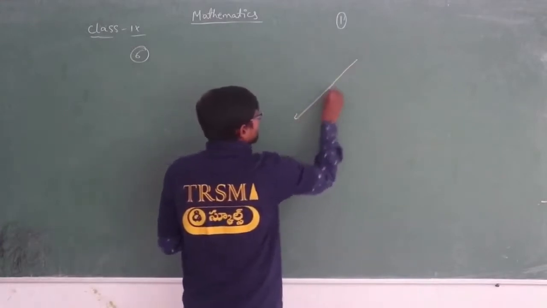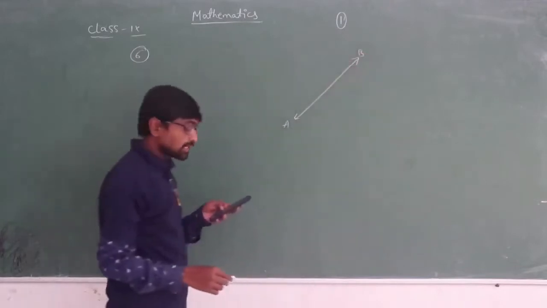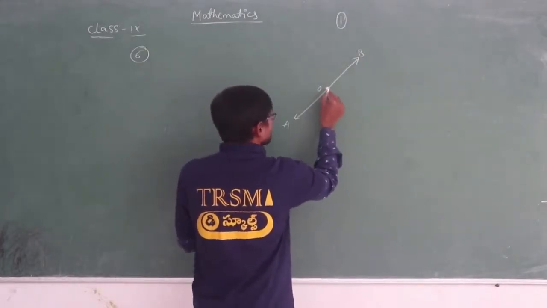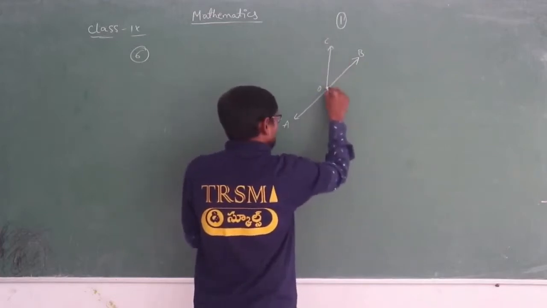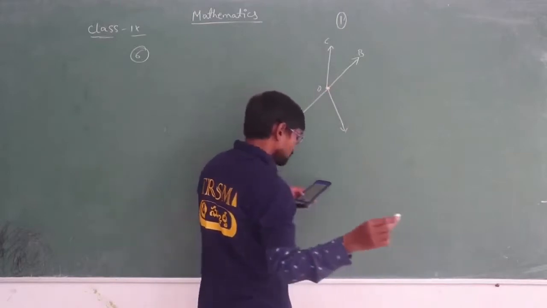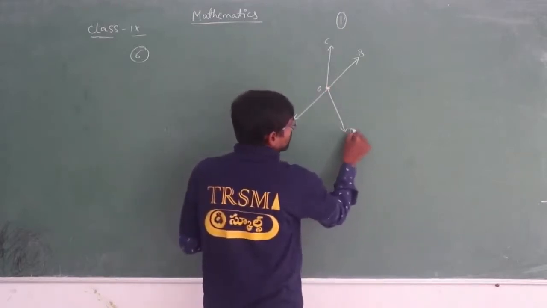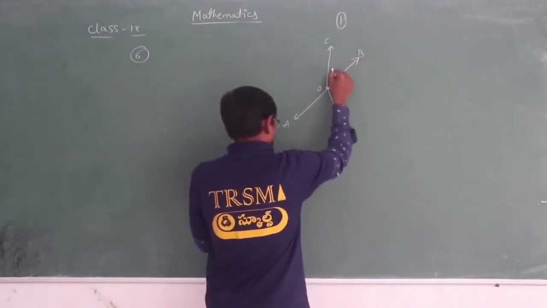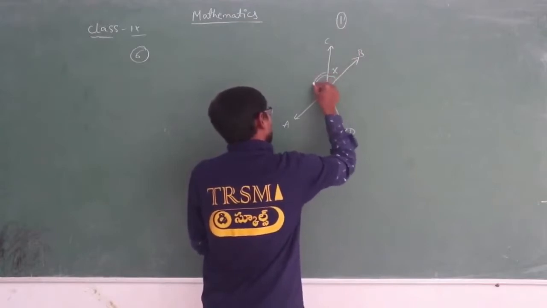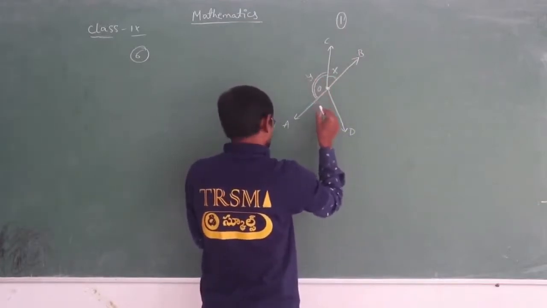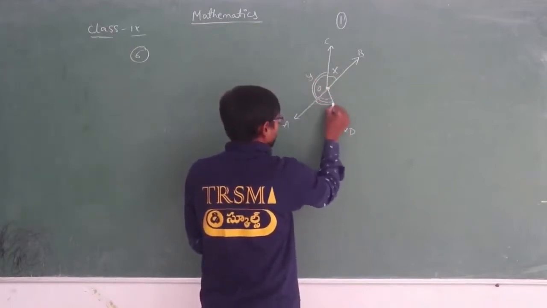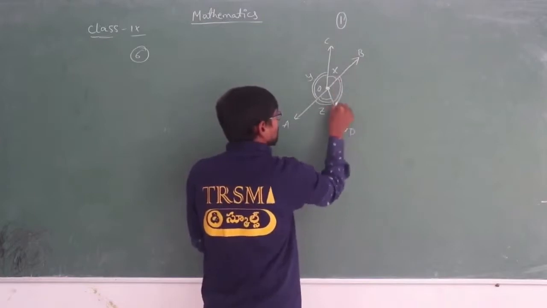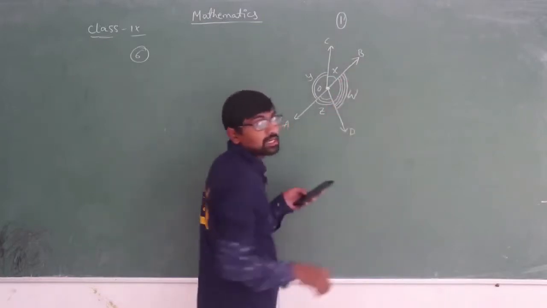Here I have a line AB. From a point on AB, which is O, I have two rays, one going to C and the other passing through a point. As no variable is given here, I am taking this as D. The angle BOC is given as X, angle AOC as Y, angle AOD as Z, and angle BOD as W. These angles are given in the question.